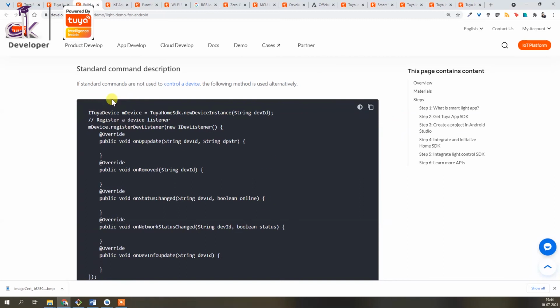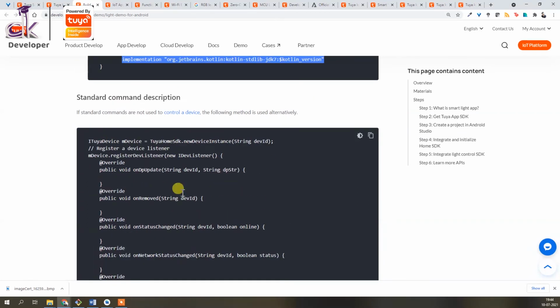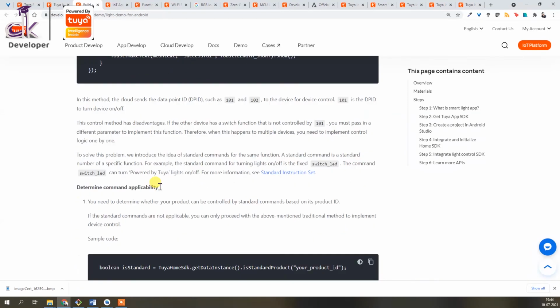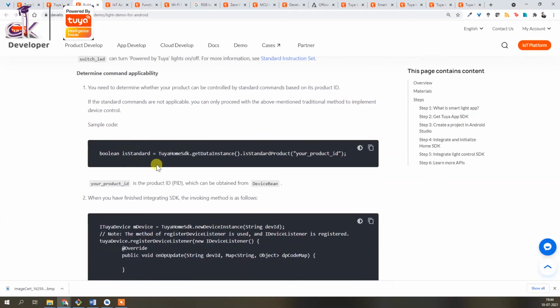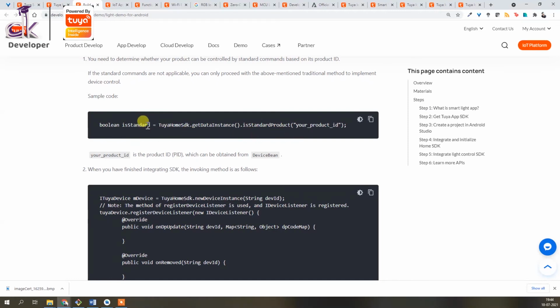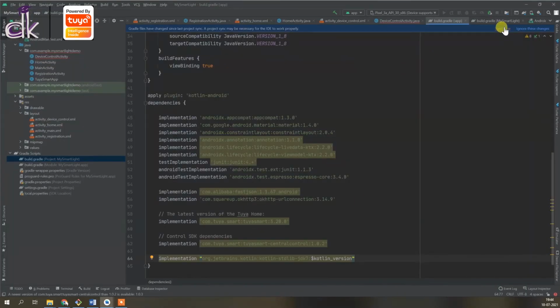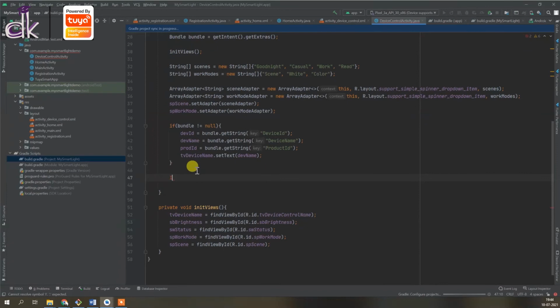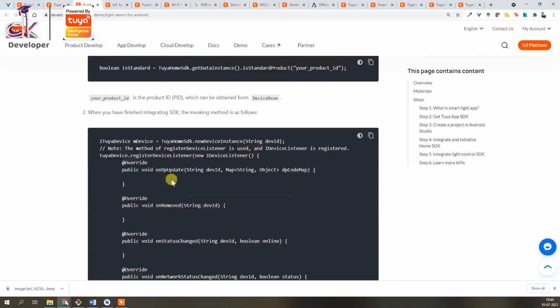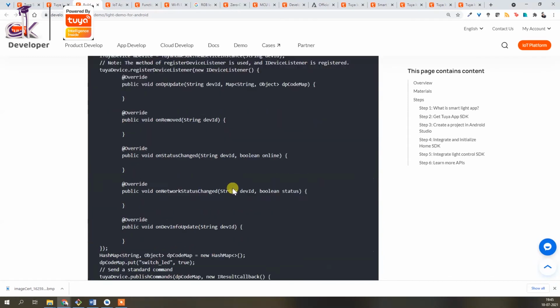And then you can see that they have provided the different functions that you can use to actually control the device, right? If you go to the bottom, this is how you actually obtain the device instance itself. So the new device instance is here. If you give the device id, you then can send commands to that particular device. Okay, so now that we have added everything, click on sync now, and then once the sync is complete, you will be able to use the IoT device, the lighting SDK library as well.